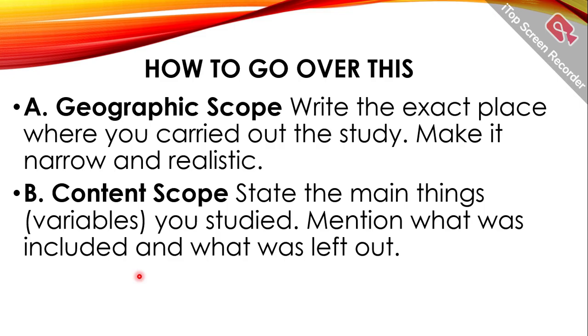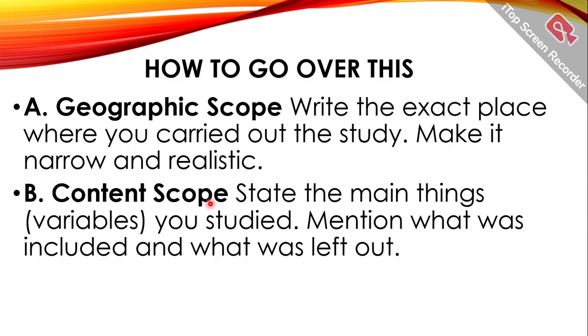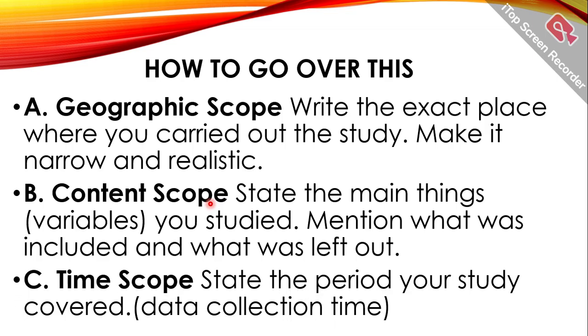How to go over this? For the geographical scope, we shall write the exact place where you've carried out the study, and make it narrow and realistic. So if you did it in the slums of which place, you talk about that. If you did it in just the village area, talk about that. If it was a parish, establish which it was. The content scope will show mainly the variables you have studied, mentioning what was included and what was left out. The time scope will state the period of your study, the period of data collection,